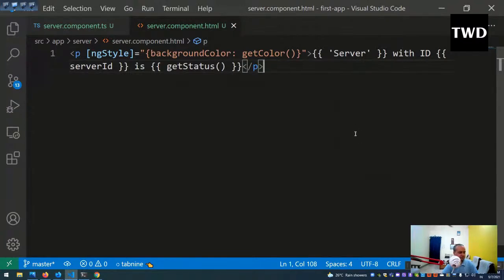So now we look into ngClass. ngClass allows us to dynamically change the CSS class. So ngStyle is also good, means we can add something like this, but ngClass is even more powerful because it allows us to dynamically change the CSS class. So let us go to this